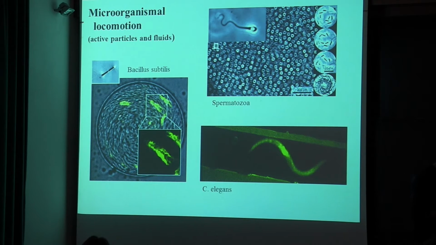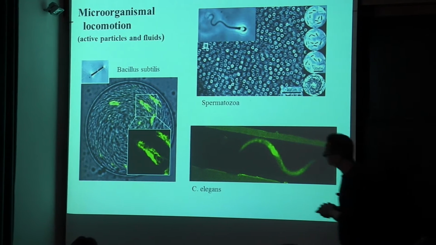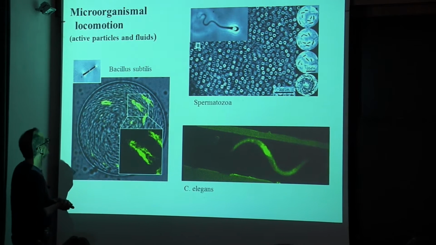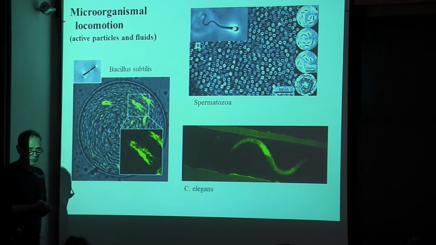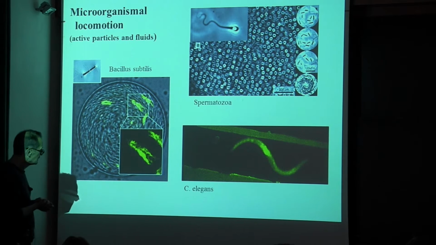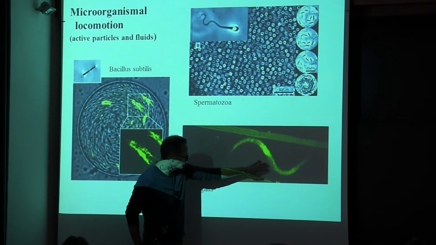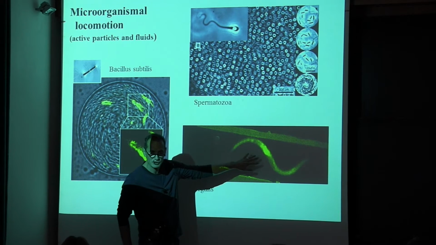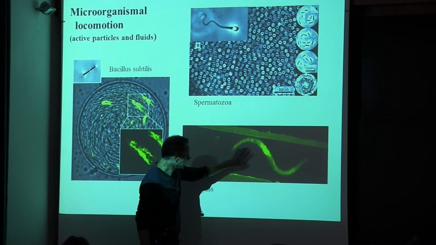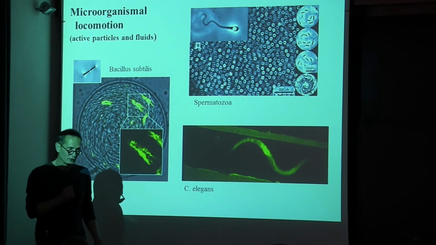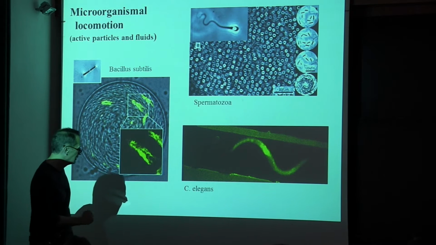Another place where you find long, skinny things doing interesting things, though maybe less long and less skinny than the two previous examples, has to do with microorganismal locomotion. And here's a few examples. Let's start down here. This is actually the mature C. elegans that we were looking at the single cell embryo before. And this little worm just propagates bending waves through its body from the head to the tail, and in that